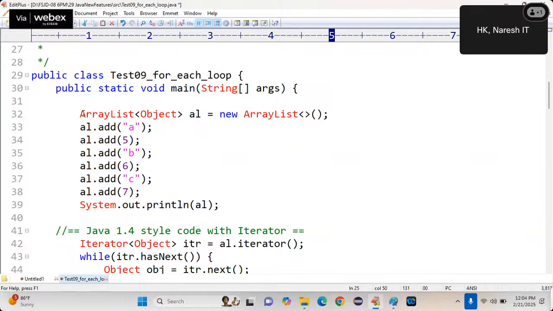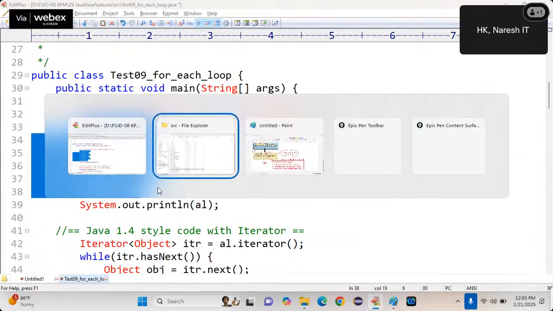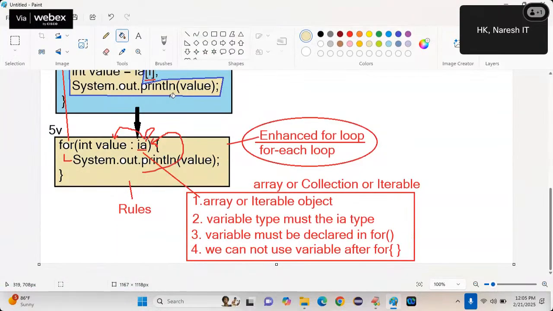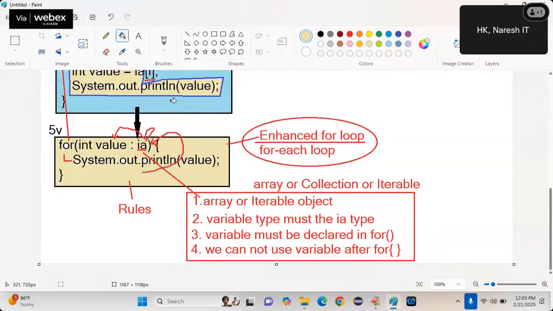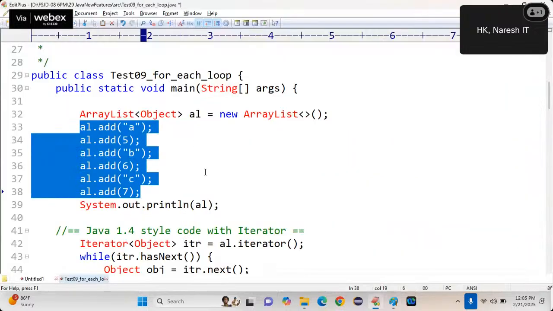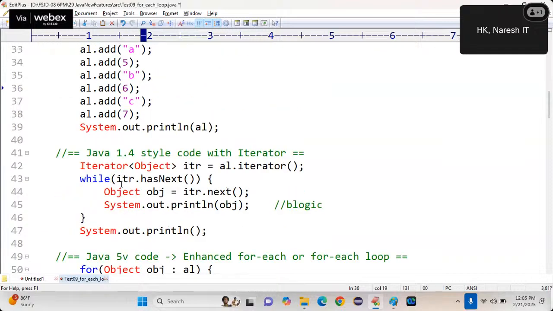Okay, done. I have created an array list with these elements. Here I have explained with an array, normal for loop, and for each loop. Here I am trying to use iterator, no problem. Then for iterator, this much code I have to write.